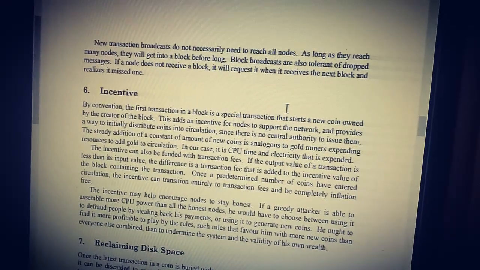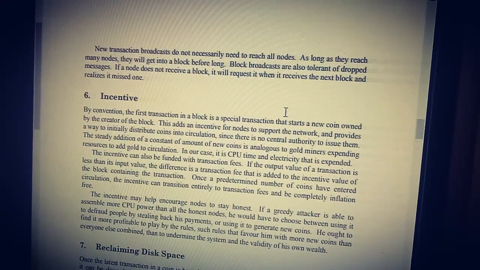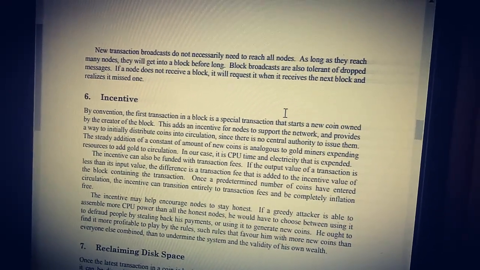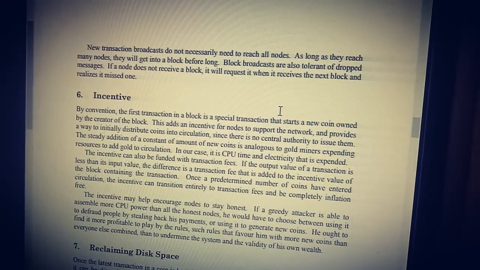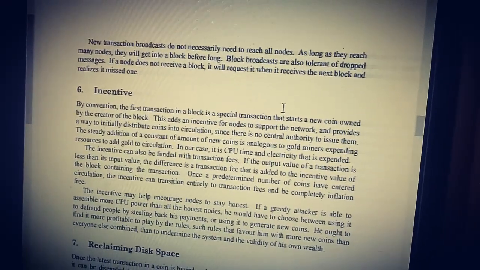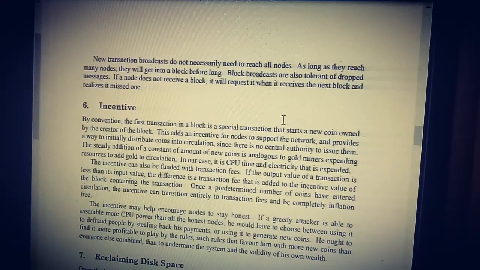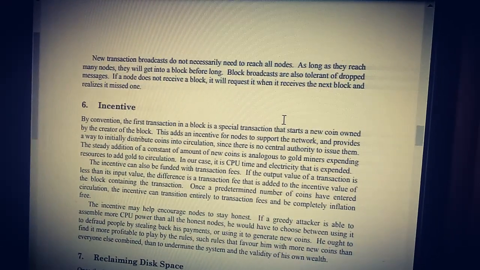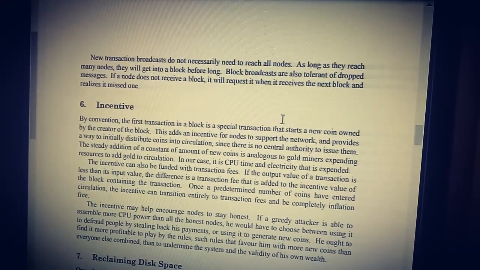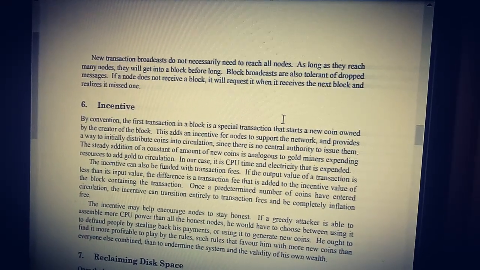Incentive: by convention, the first transaction in a block is a special transaction that starts a new coin owned by the creator of the block. This adds an incentive for nodes to support the network and provides a way to initially distribute coins into circulation. Since there is no central authority to issue them, the steady addition of a constant amount of new coins